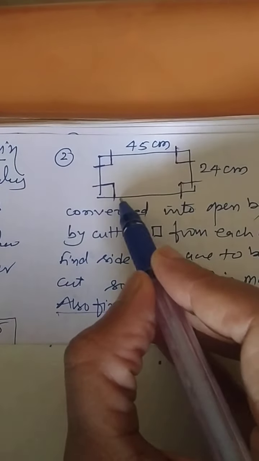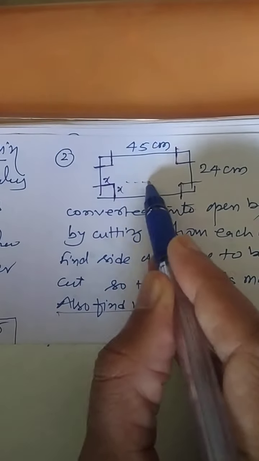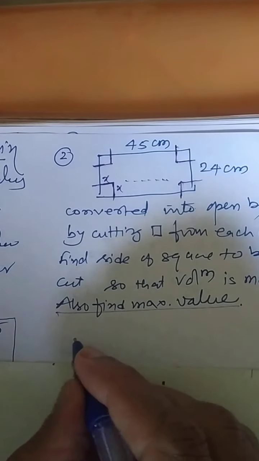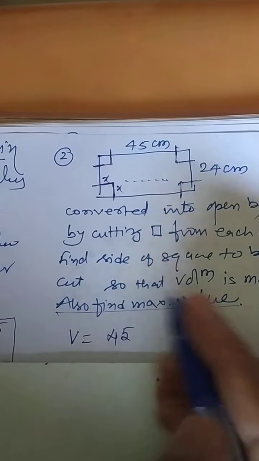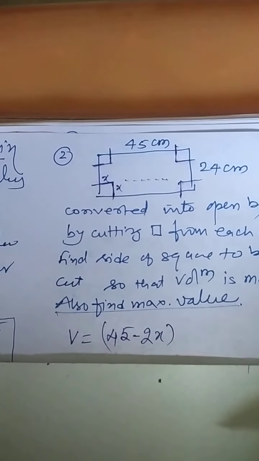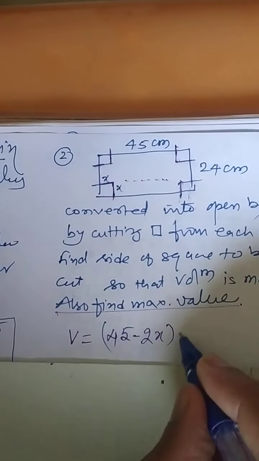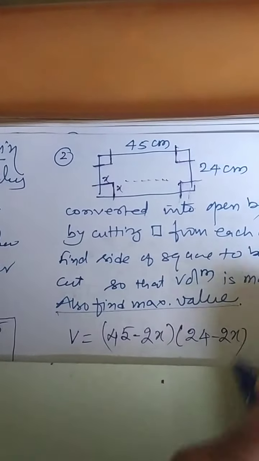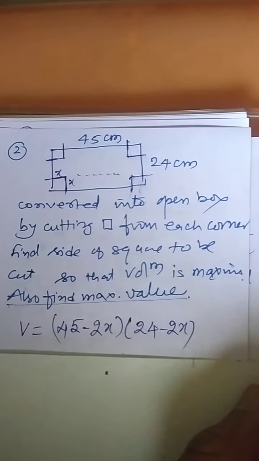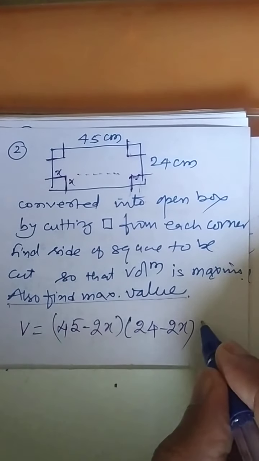Suppose you are cutting here, I consider this as x, and this will also be x. So all corners will be of the same size. In case of this box, this becomes the length. So the volume is defined as, if the total length was 45, minus this portion x and this portion x, the length is 45 minus 2x. I am trying to use the LBH approach. This is 24. Out of 24, this is x and this is x, so another term is 24 minus 2x. Next, what is required? Height. This will be folded and go upward, so the height will be nothing but x.